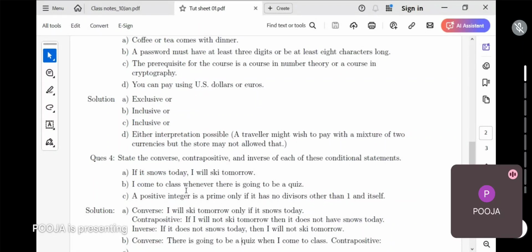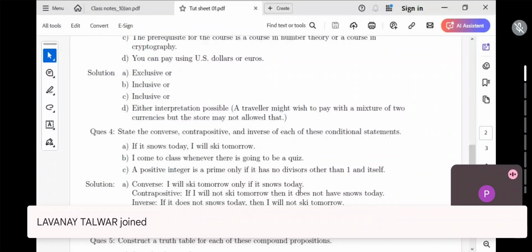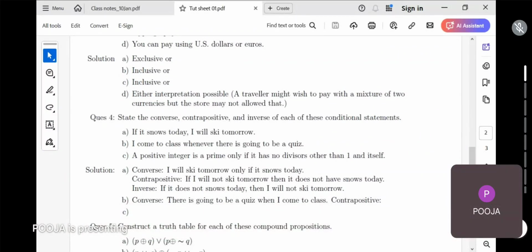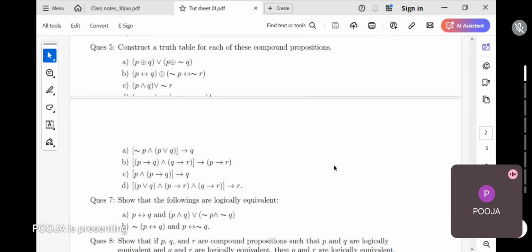इसमें question के fourth के B में भी है, I come to class whenever there is going to be a quiz. अगर मैं कह रही हूँ there is going to be a quiz P है, I come to class Q है, whenever there is going to be a quiz, तो इसका मतलब P implies Q. तो इसको statement बन गई if there is going to be a quiz then I come to class. ठीक है, अब इसके हिसाब से आपको converse, contrapositive और inverse लिखना है इसका।